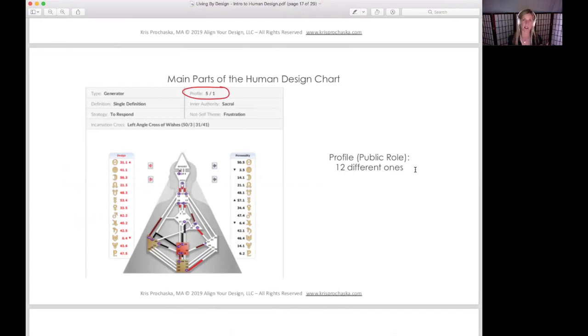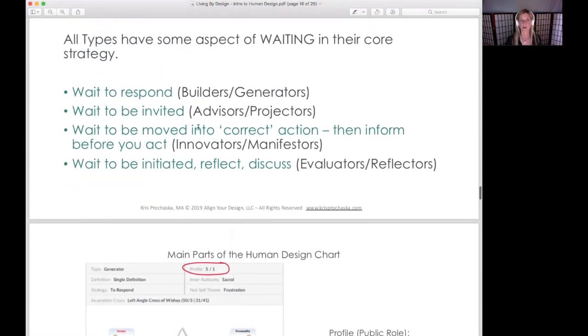The profile or public role, think of it this way, it's how others perceive you. It is how you fulfill your purpose, your quote unquote role in life, and kind of how you interact with others, how, as I said before, others see you. And this has a lot to do with your marketing. So, you know how I was just talking about the strategy of waiting to be invited as a projector, waiting to respond, all of these, and we talked about this actually in episode 1. Angela talked about this whole thing about waiting to be invited, and the lighthouse marketing that I talk about with all my advisor clients is this.